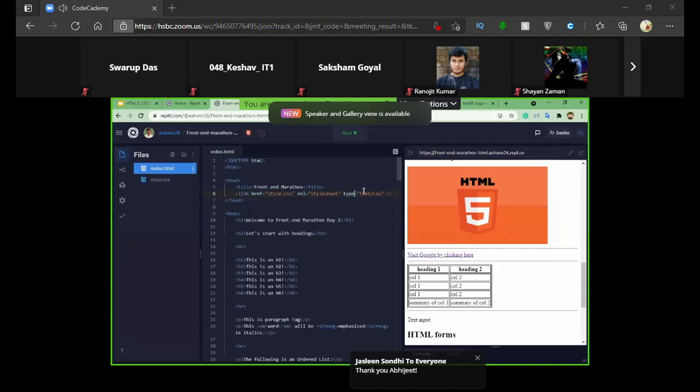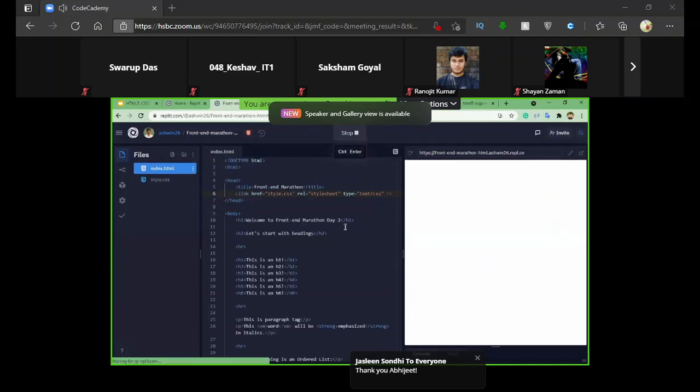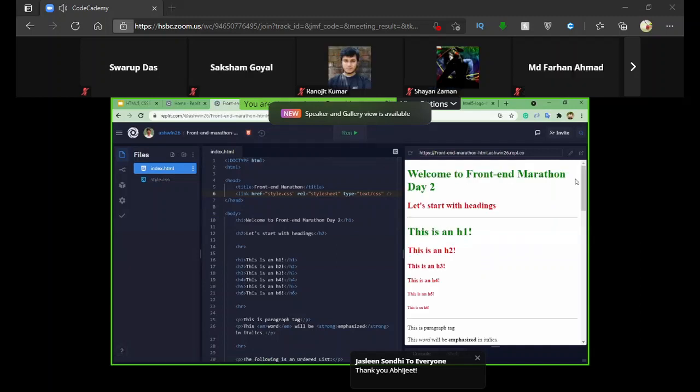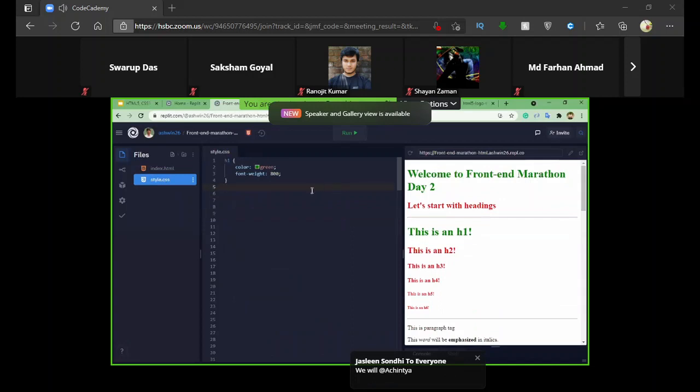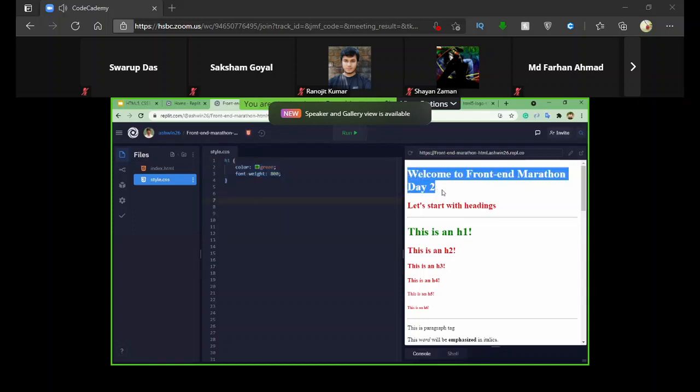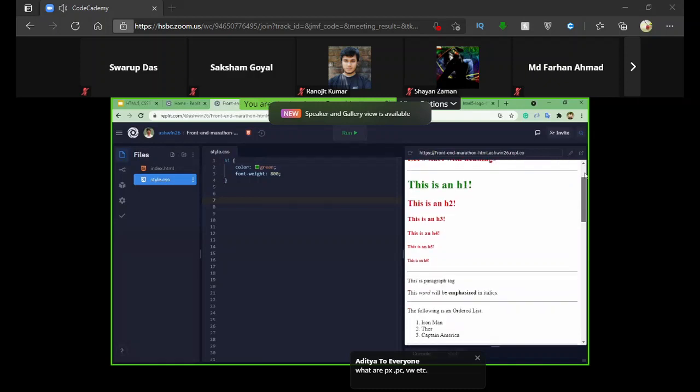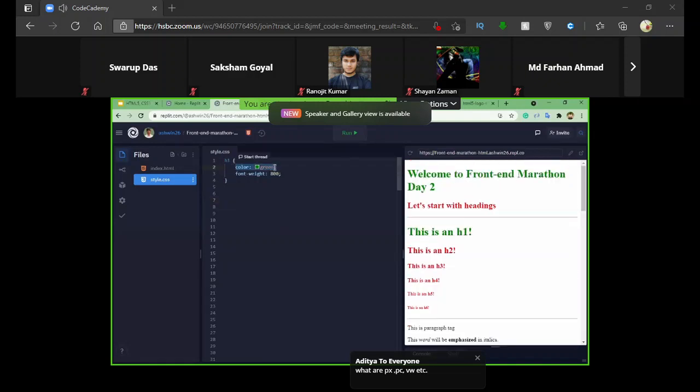Okay. So when I click run, a bunch of styles will be applied over here, right? So we'll go back to this style.css file. As you can see over here, I have selected the h1 tag. This h1 tag is nothing but the first tag that we have over here and over here, and I have provided the color as green.